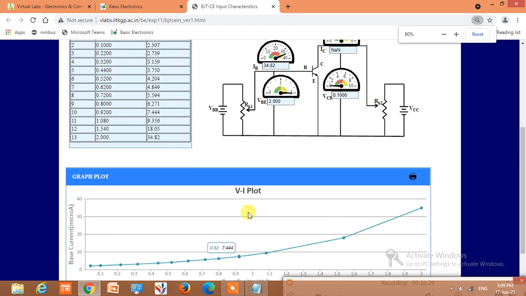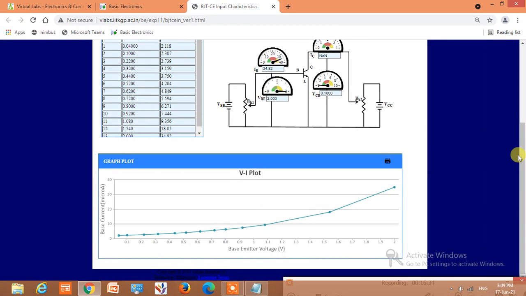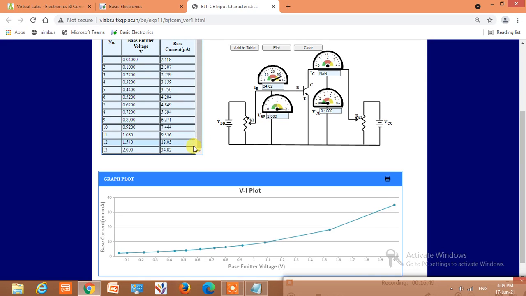So let us have a look at the complete setup. This is the complete setup for forward bias characteristics of common emitter configuration. So this is for VCE equal to approximately 0. Now we will print this page and we will save it.